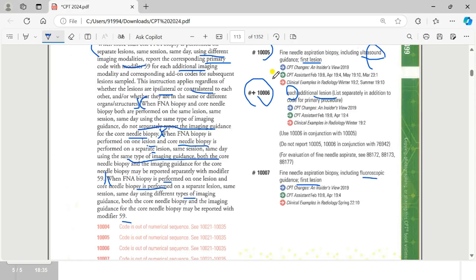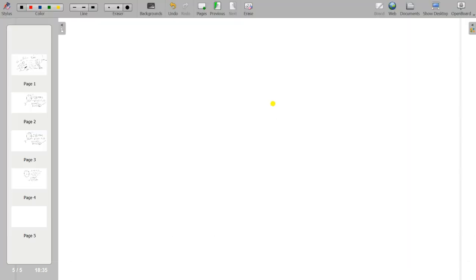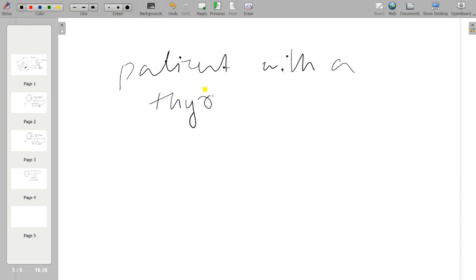Okay, now let us see one example. In all the CPT codes, let us see one example. The patient is coming with thyroid nodules.